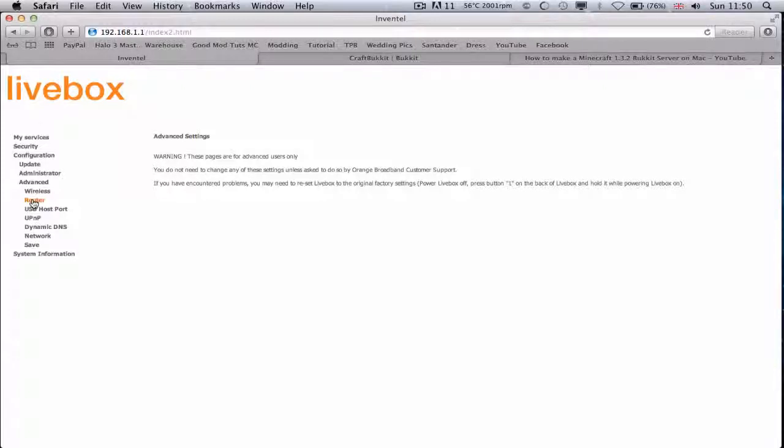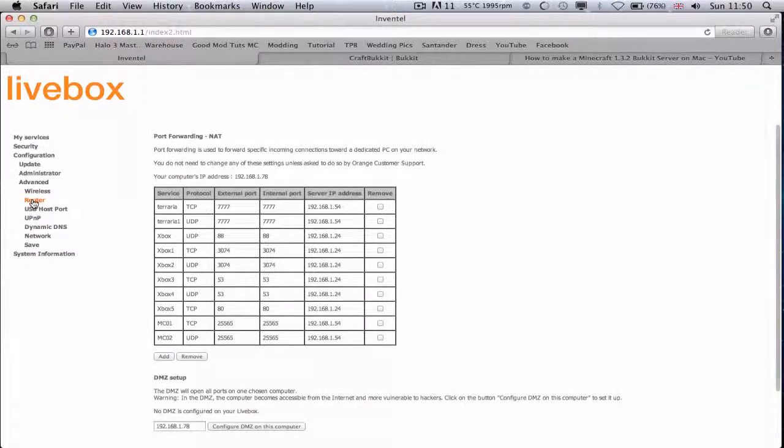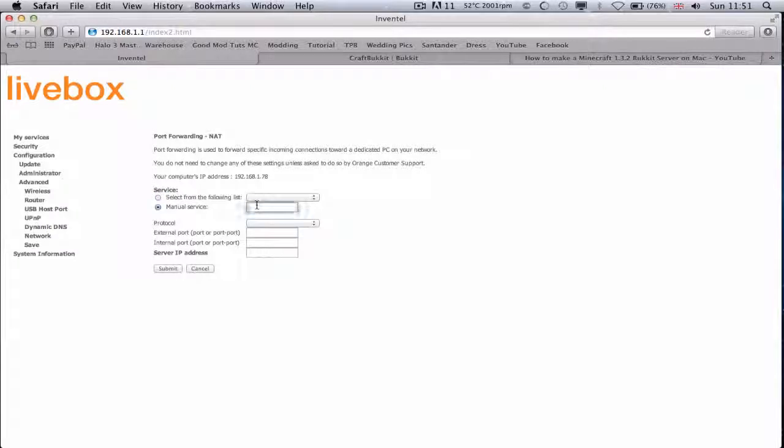I leave a link in the description that shows you how to port forward on different routers, and you get to choose from a list. So for me, I've done this, and as you can see, at the moment, my IP address is this, just for my local area network. And what it would be is, if I was to run the server, I'd click add, manual service, I'll name it whatever I want, so Minecraft,